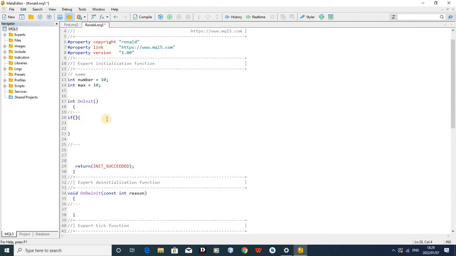So I want to tell this robot that if number 10 is equal to maximum, meaning if number 10 is equal to maximum, then say true. Okay, alert true. So I'm going to do this. I'm going to put number. If number is equal to,